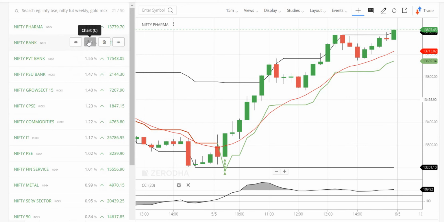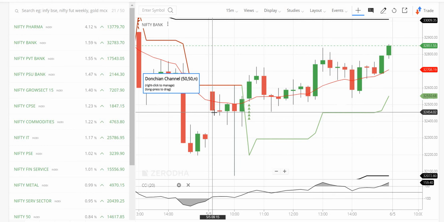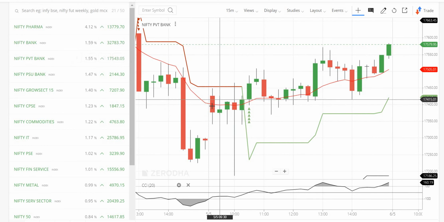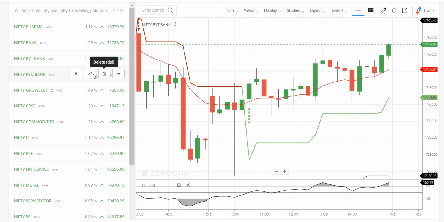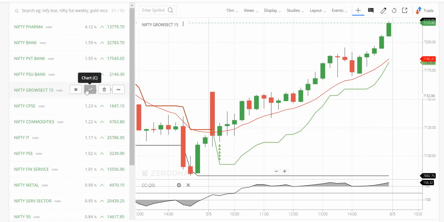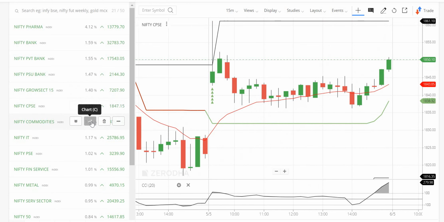Okay, I go to Bank Nifty. All right, no, it doesn't look good either. I go to the private banks. Okay, this didn't look good either. I go to PSUs. No. So basically the market gapped up and everything just settled down after that. Like this, I'll go ahead and check.